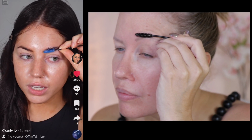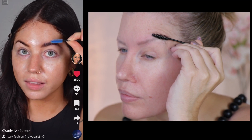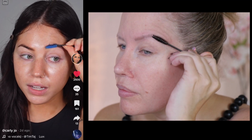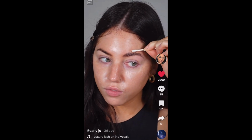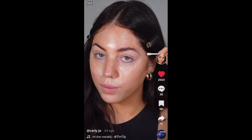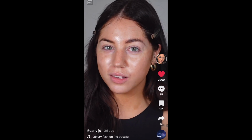Notice that I not only am going through the brow and combing it, but I'm twisting the spoolie like this, so I'm getting every single hair. And from here, I adjust the brow hairs and how I want them to lay. Then I'm taking micellar water on a Q-tip and removing the glue that could have gotten on the skin around the brows. Not only does my brow look fuller and fluffier, but it gave me just a little bit more